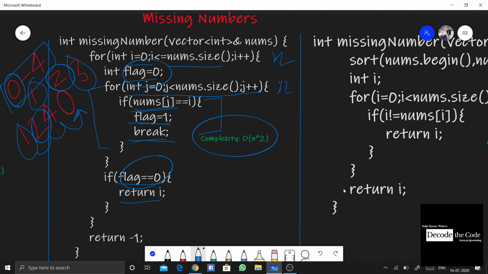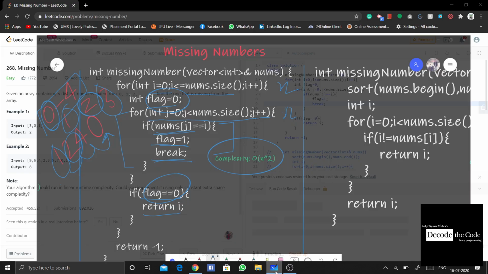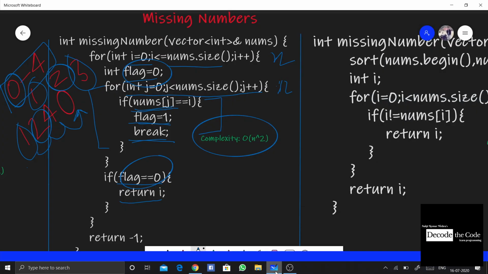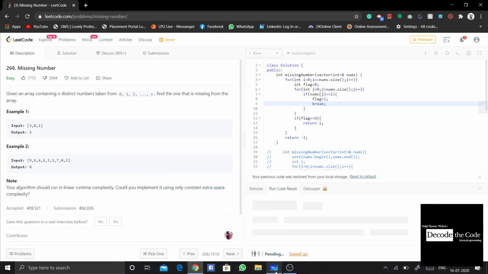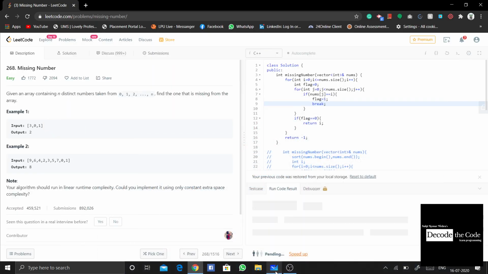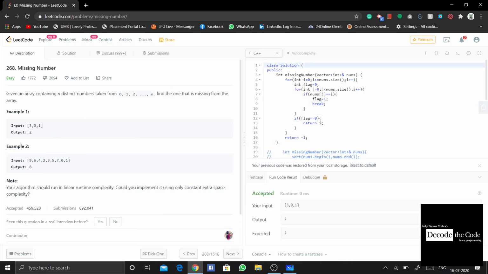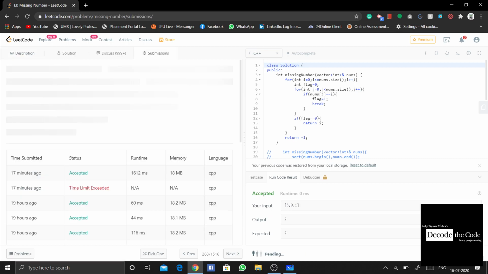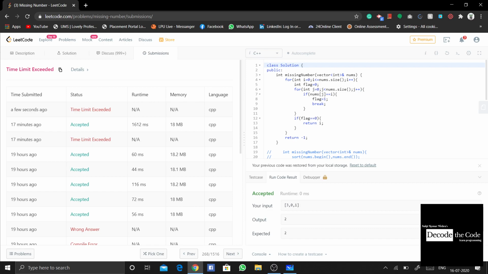Meanwhile, you can just note this down, my internet is quite slow, I think. So as you can see, the code has been accepted, and now we'll be submitting the code to check whether we get a time limit exceeded error, or you will definitely see, yeah, we got a time limit exceeded error.